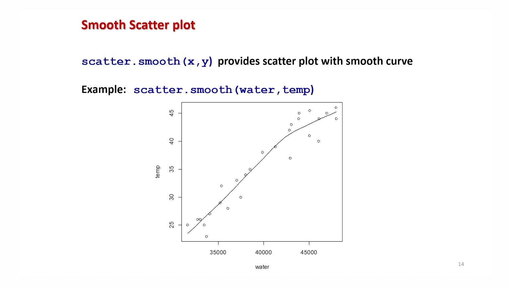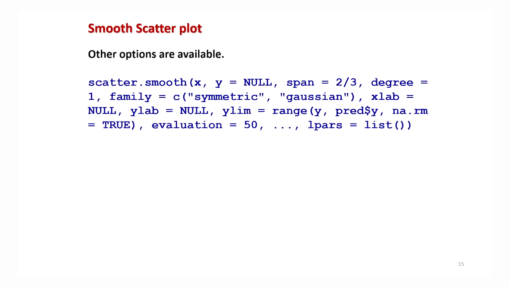And in case you want to make a smooth line or a smooth curve to understand the trend of the data, then we have an option, the command scatter.smooth, S-C-A-T-T-E-R dot S-M-O-O-T-H, and inside the parenthesis you have to give the data vectors. For example, scatter.smooth of water and temp, this will give you this type of line, right? So now depending on your choice and need, you can choose suitable graphs and whatever you want.